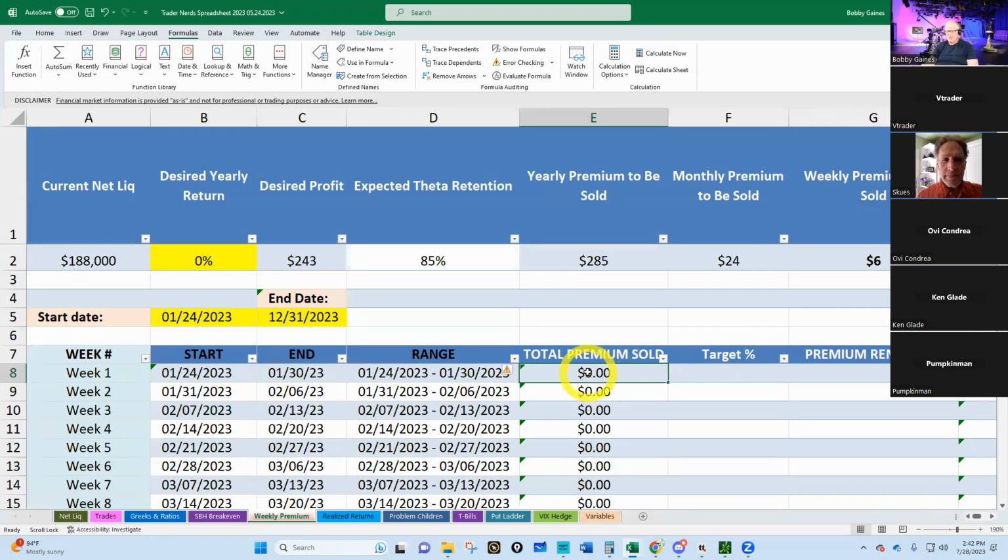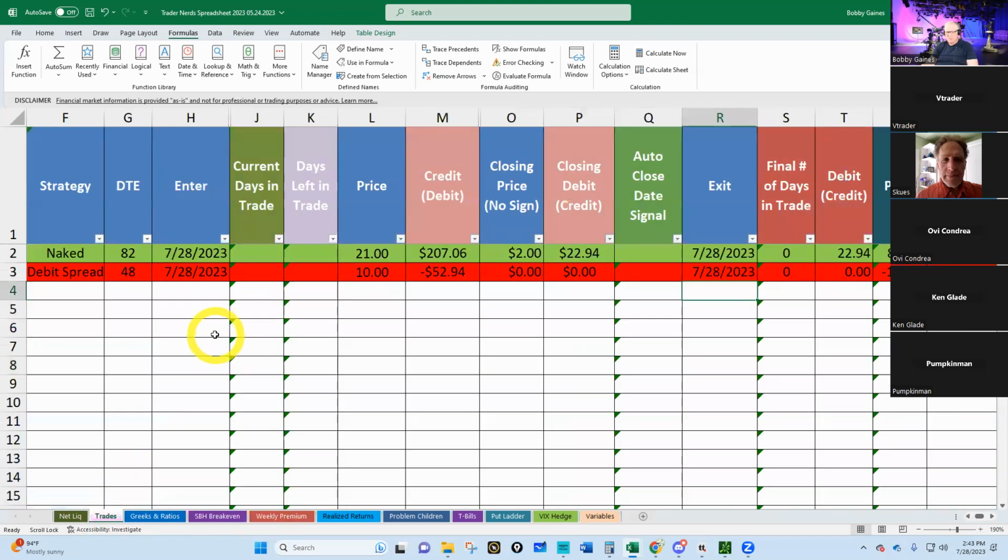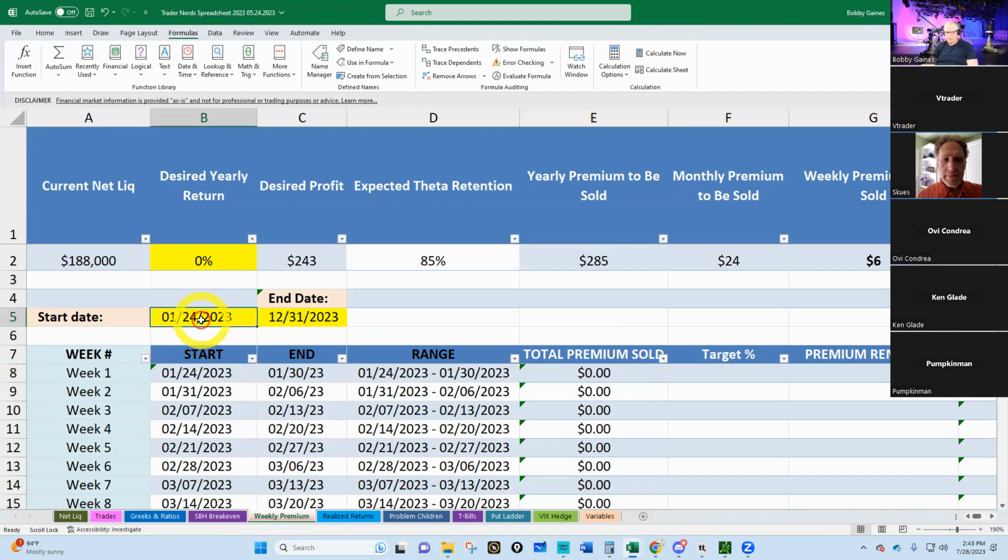But this is supposed to keep up with, let's make sure the dates I put on those trades. Let's see, 7/28, and we did over here. Hold on, wrong date. Yeah, 1/24/23. God, goofy Bobby, 7/24/23. Goofy. There we go. So you see, it said my total premium sold was $154. It gives me a target. I've oversold what it says I'll do.